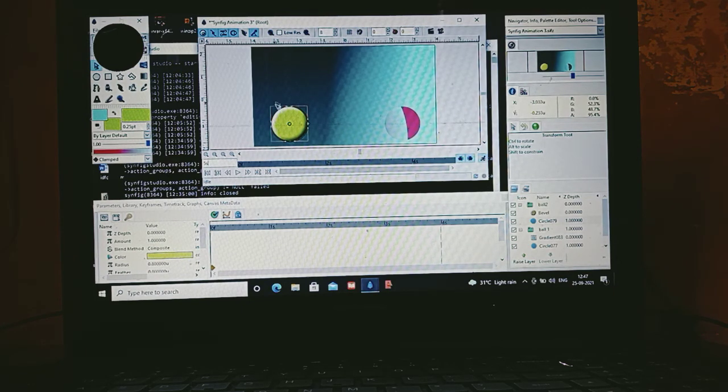Whatever position you want to set, you can set it for sure. I was just doing it because I like the way it looks. Yeah, that's it. After doing it you have to turn it off, then again go to 0f. Here you can see the initial position is there. Now you can simply see the animation here.